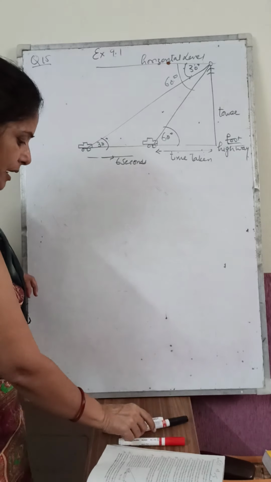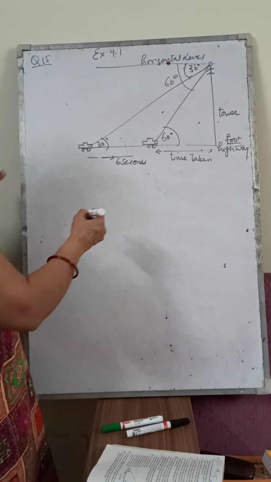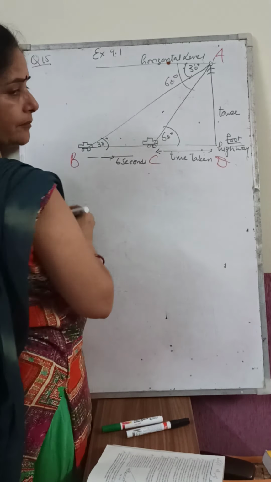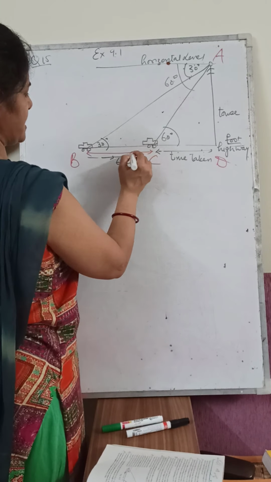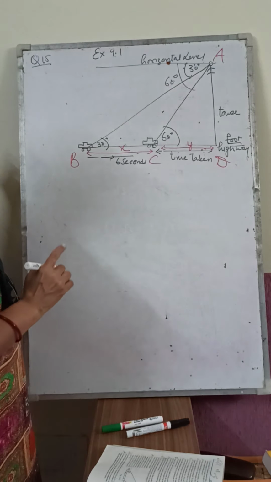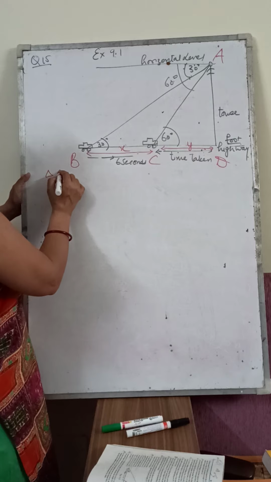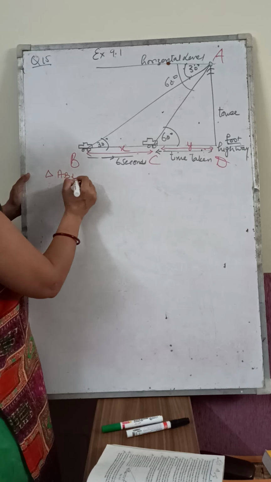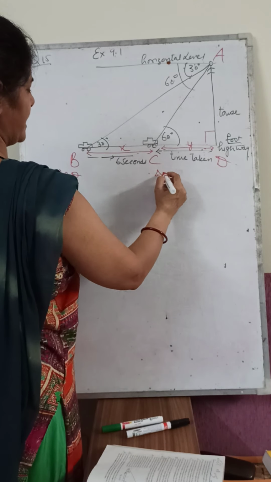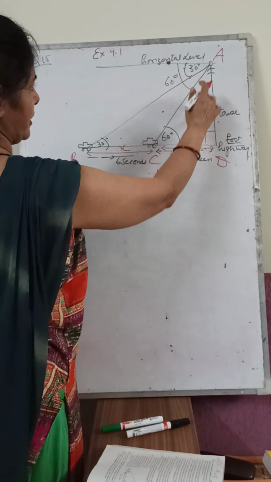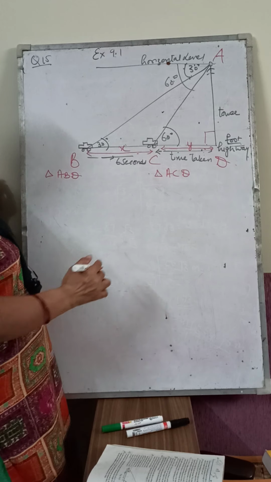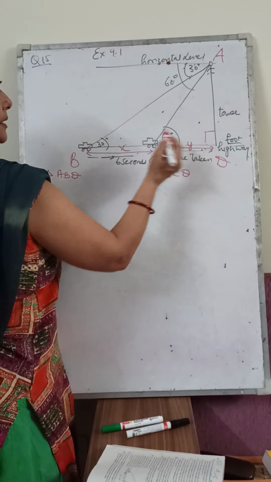Very, very simple. This is also same. Let us suppose this is triangle A, B, C and D. Suppose this length is x and this length, let's suppose y. We have two right angle triangles, triangle ABD and triangle ACD. Clear? In triangle ABD,